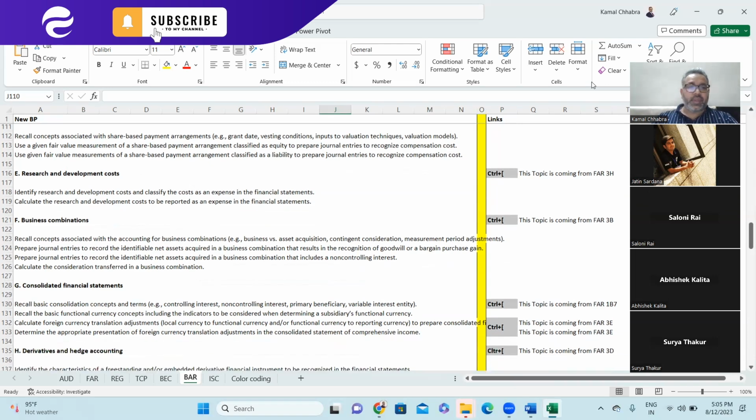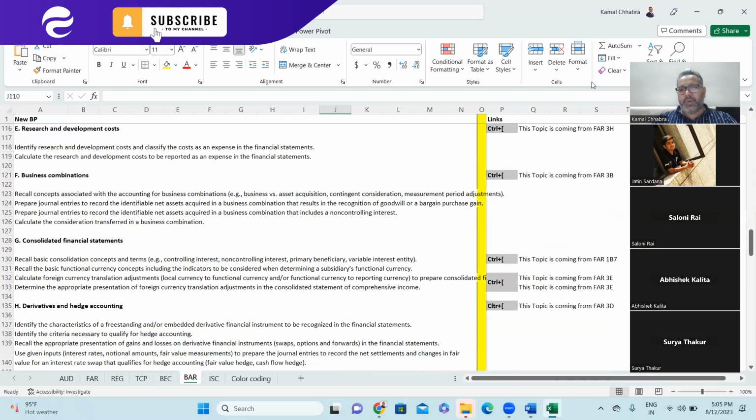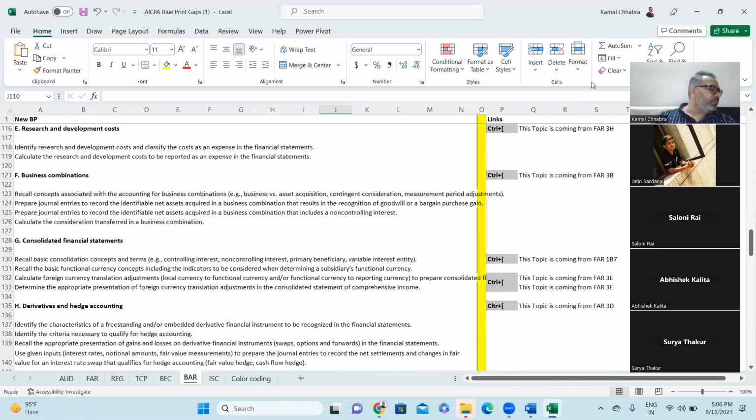Right? Next topic is research and development cost. Do you have any idea what research and development cost is? Yes, what is that? This is basically very common in new startup companies, where for the initial few months they are just doing research and not making any revenue. The cost incurred in doing the research, paying the scientists or maybe the engineers, depending on the nature of the company, are all classified as R&D costs.